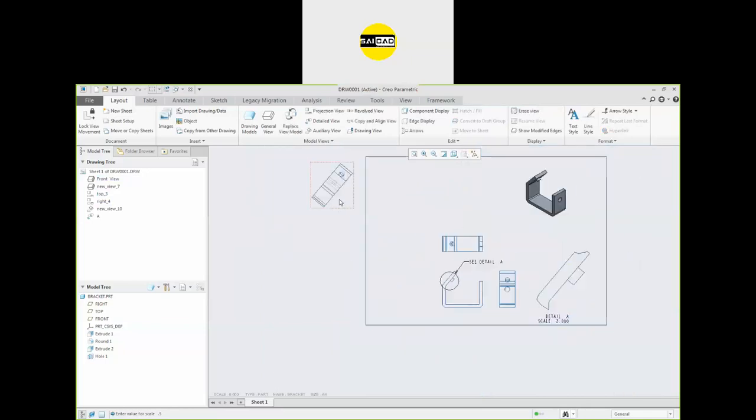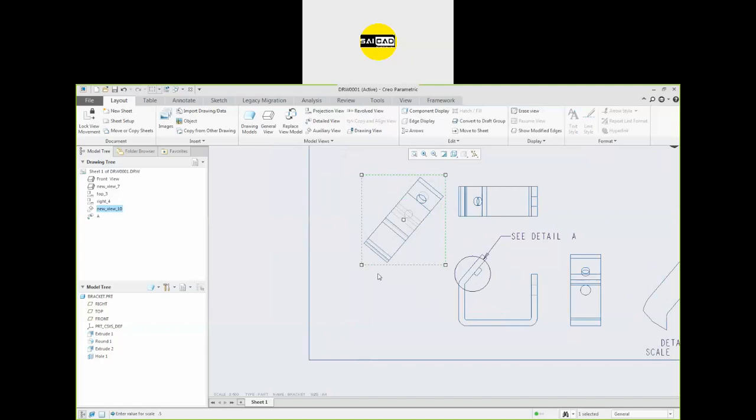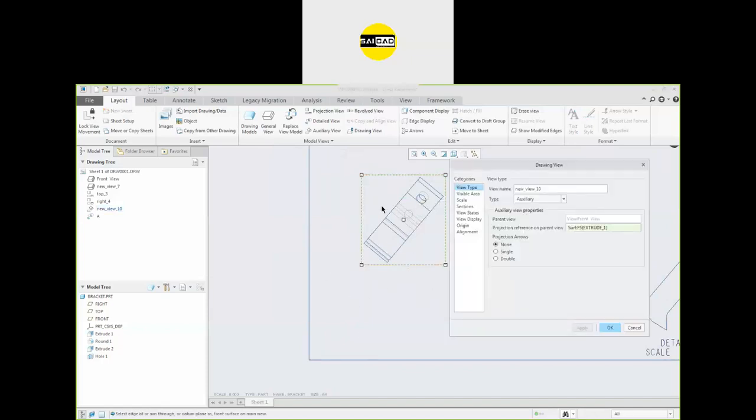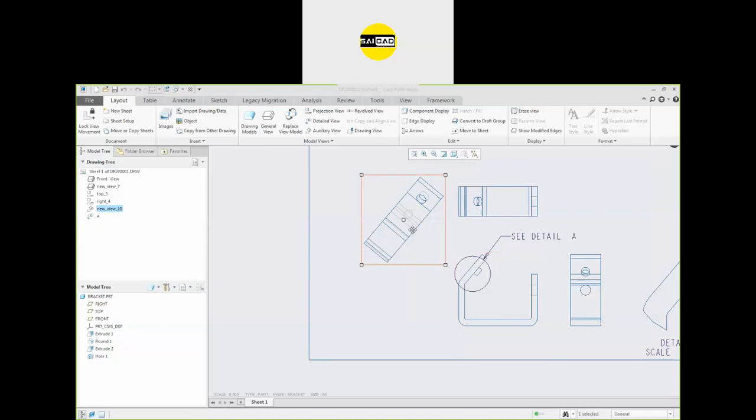Okay, and I want this to be placed somewhere here like that. So now this is my view. I can move it like that, but I want this view to be somewhere here. To do that, just select it. Now you can see we have the alignment option at the last, the option to align this view to the other view. So uncheck that, click apply, click OK, and now you can move your view like that. So this is the break alignment. Now we can create the auxiliary view also. Get it?